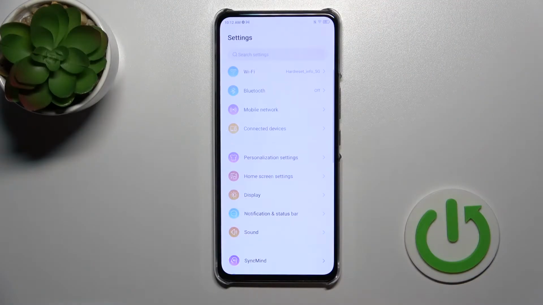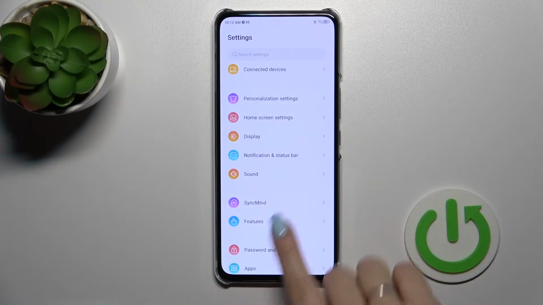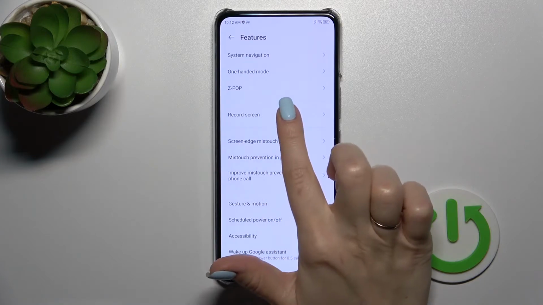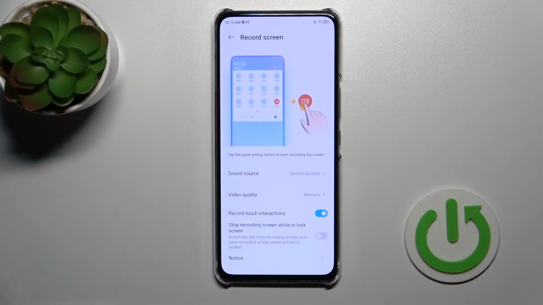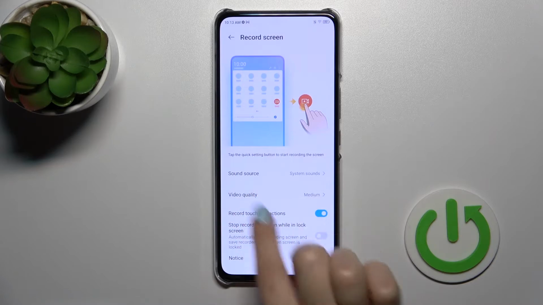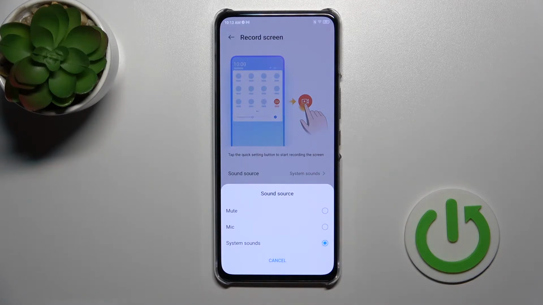So first, let's open the Settings application and then tap here on the Features section. After that, click here on Record screen and you'll see the Sound source section. Click here. Now we can use only system sounds on our device, so in screen recordings, you'll use